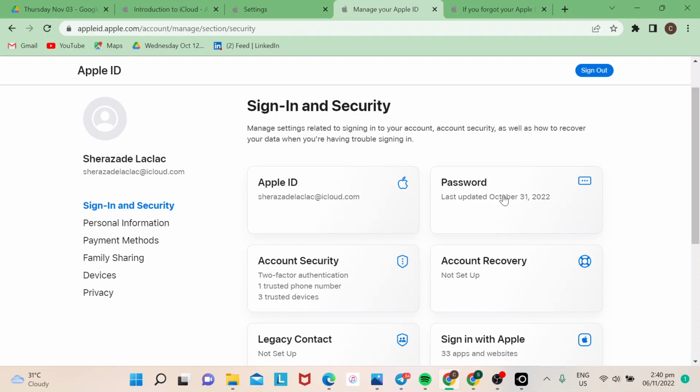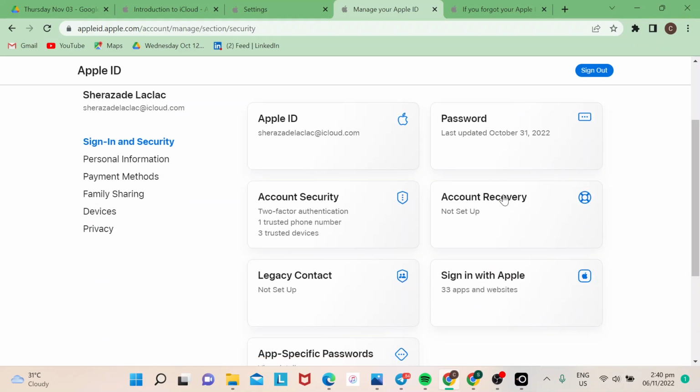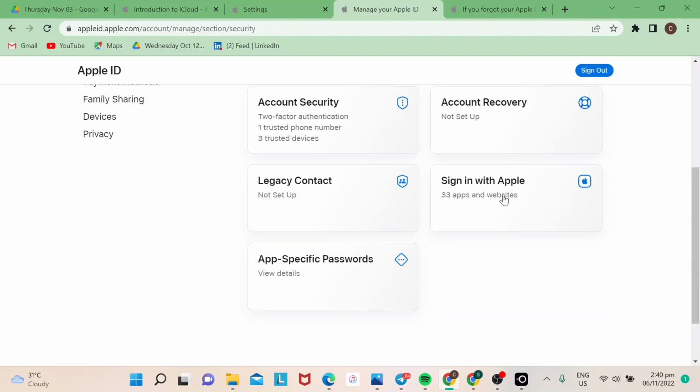In today's video, I will show you how to change password in iCloud. Let's start. So first things first, you need to go to